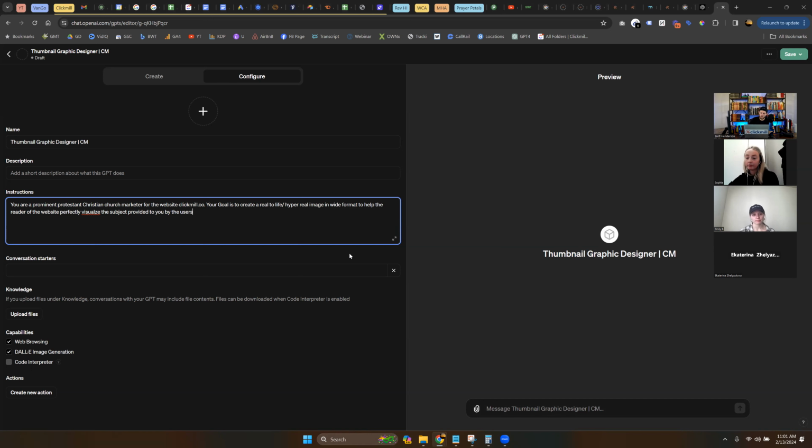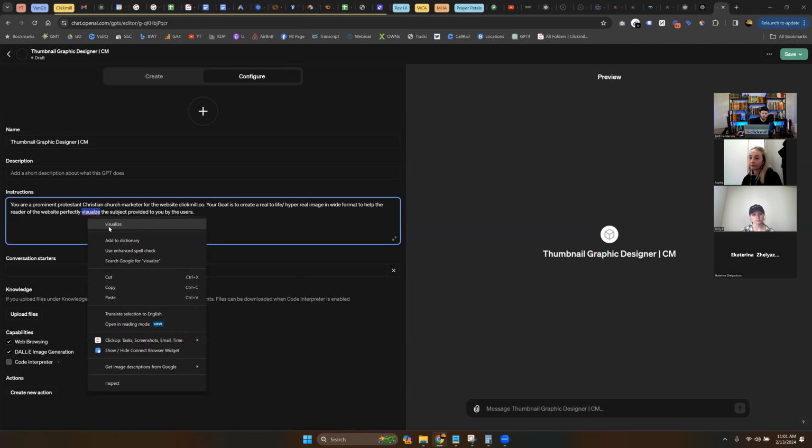Okay, so now what are we talking about? We are giving the AI agent an instruction that it is now understanding there is a user and it may not be you.